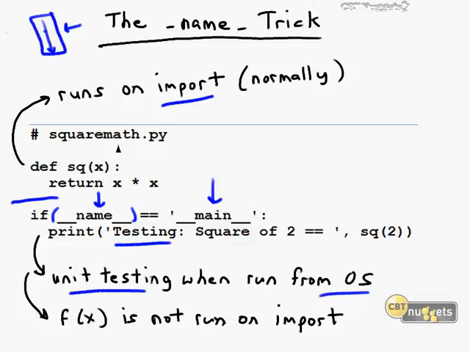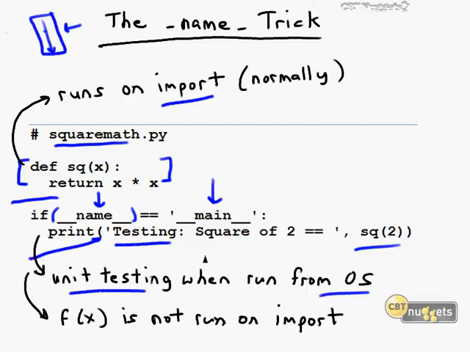So in this sample, I have a py file called squaremath that contains a very, very simple function that takes one argument, an integer we presuppose, and will square that integer. So if we bring in 2, it's going to return 2 times 2 equals 4. So we should be able to go to an operating system prompt and type python squaremath.py. And in that case, because the name of the file, squaremath.py, is equal to the main top level file that's being run by Python, the result of that operation should be testing square of 2 equals, and then we test